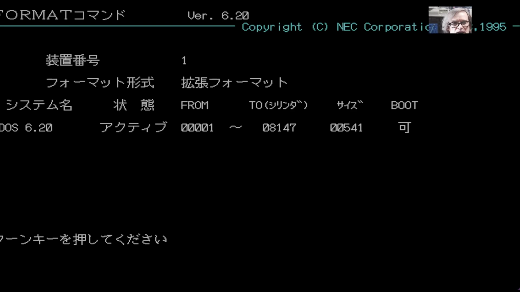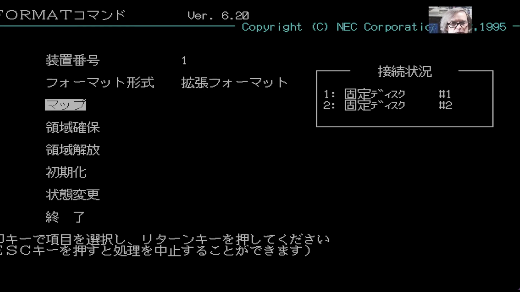And then we see it. MS-DOS. You see the number of sectors, the from and to columns. And then you see the size. That is the size in megabytes. And then that symbol in the boot column means it is bootable. So now we hit escape, go back. Now,